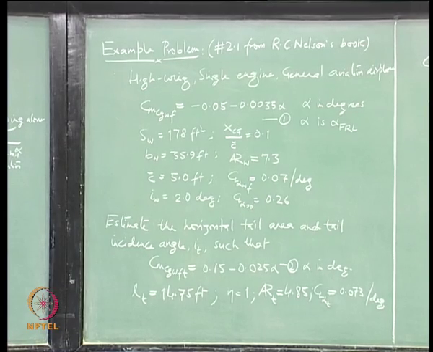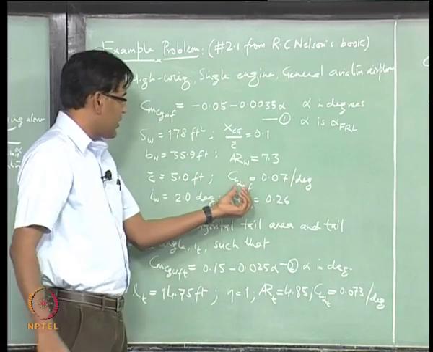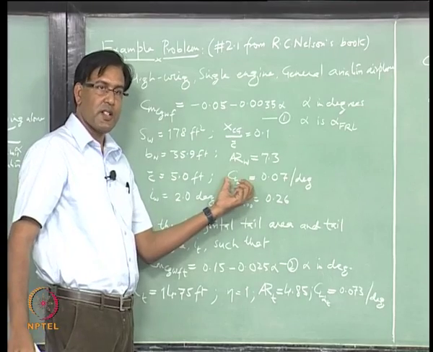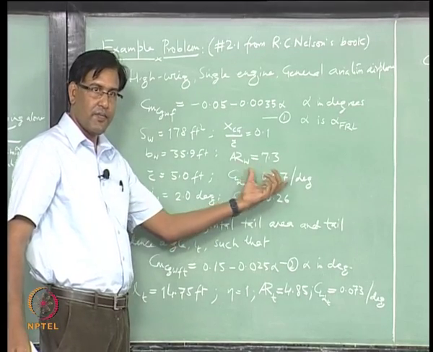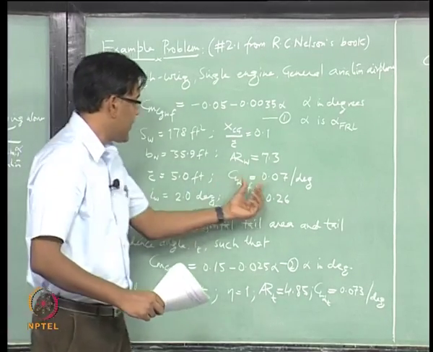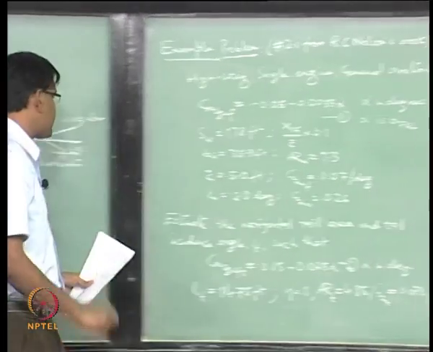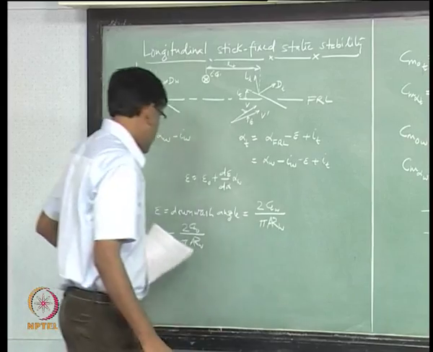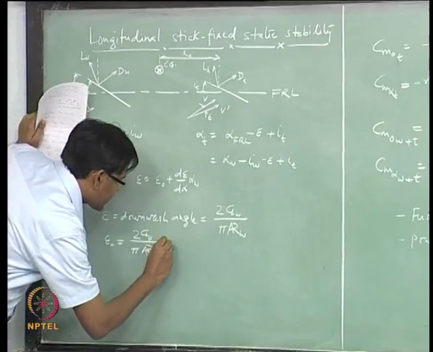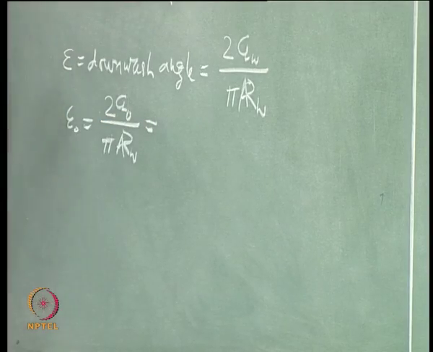Similarly, here also this CL alpha which is given for wing plus fuselage combination will actually represent mainly the wing contribution, right. So, we can find out what this epsilon naught is using this expression for the